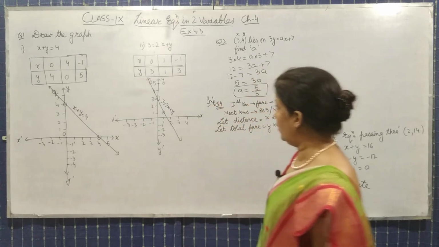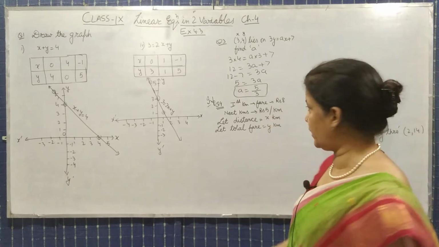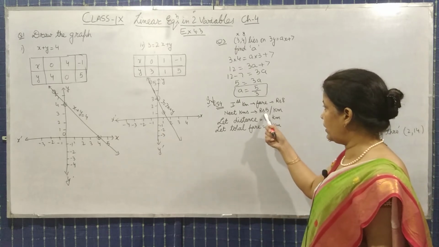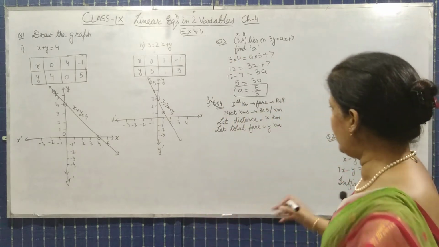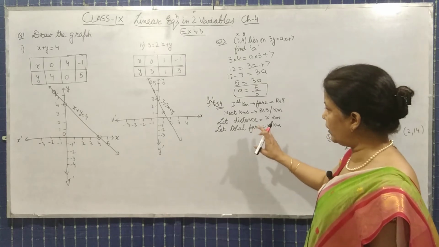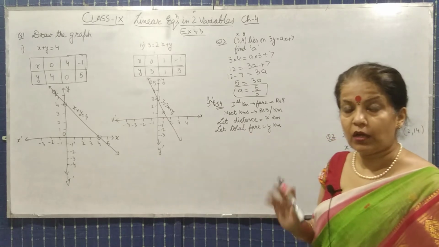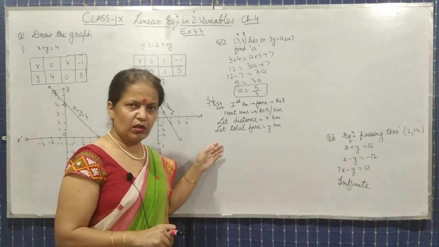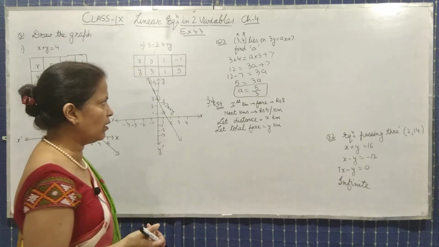Question is, for the first kilometer, the fare of a taxi is ₹8, and for the next kilometers, the fare is 5 rupees per kilometer. You have to assume the distance as x and the total fare as y. After making the linear equation, you have to find its graph also. You have to plot the values and draw the graph also.